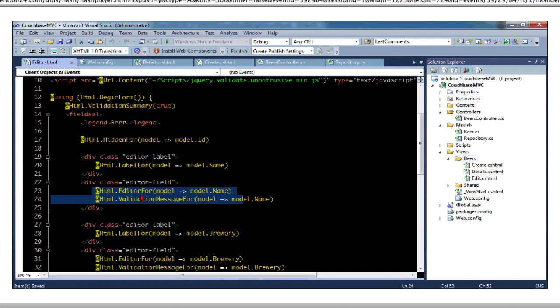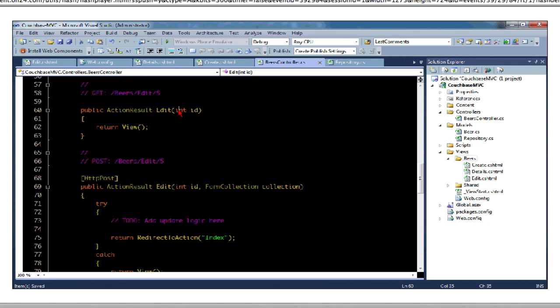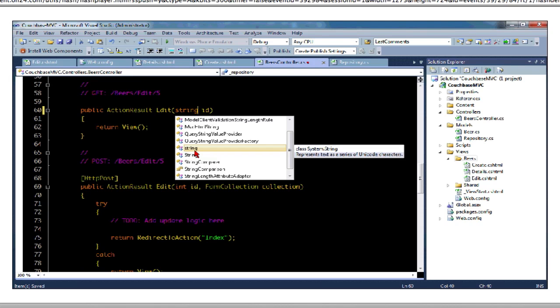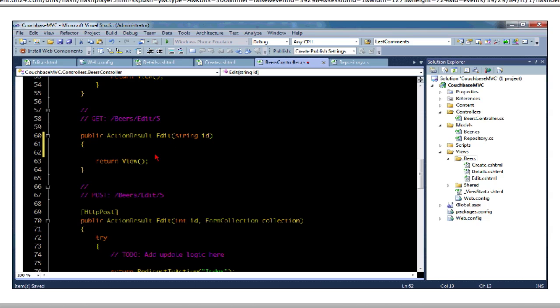Edit's going to be very similar to details. I create a view named edit. I use the edit scaffolding. And instead of having just labels with simple divs, we actually have text boxes that'll show up in this with the scaffolding. Now over in the controller, if I go to the edit method,